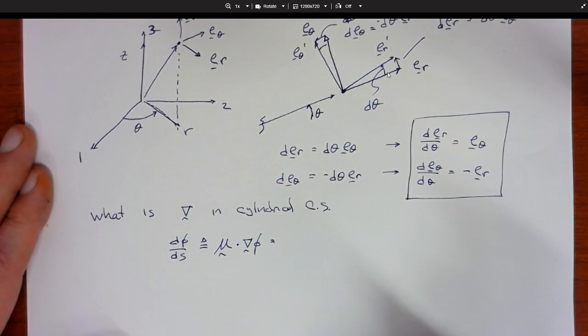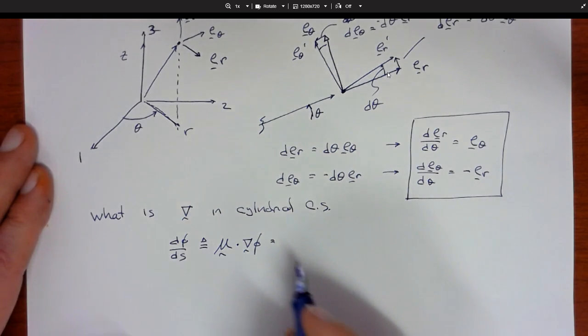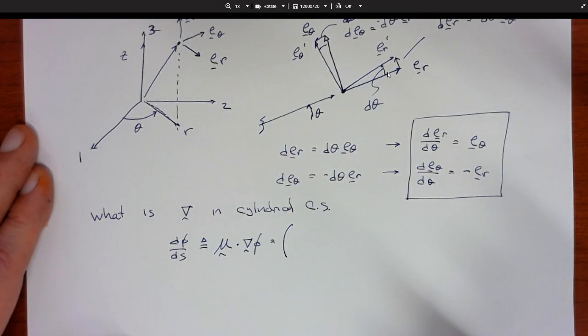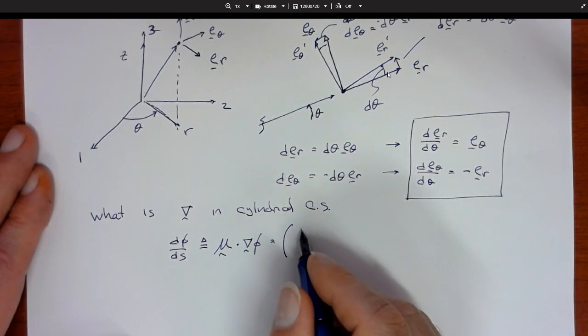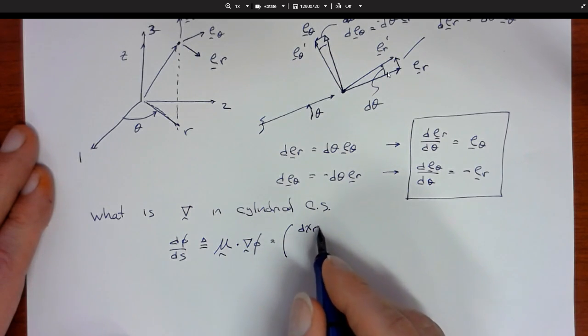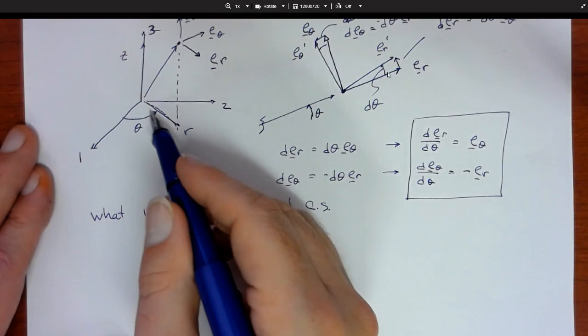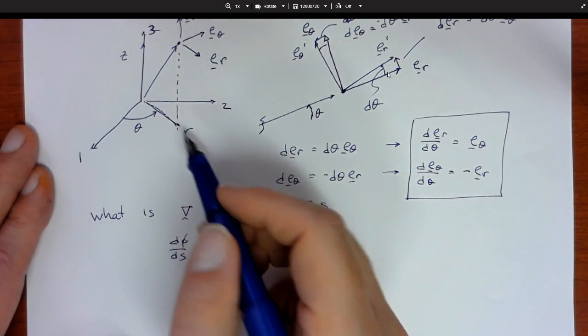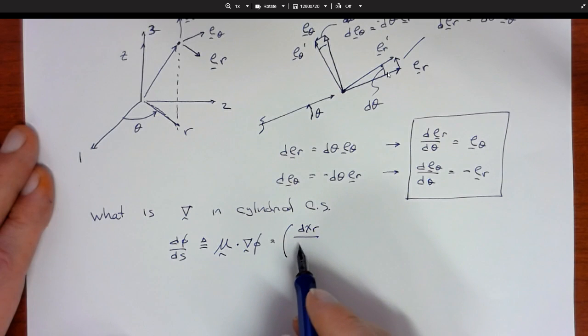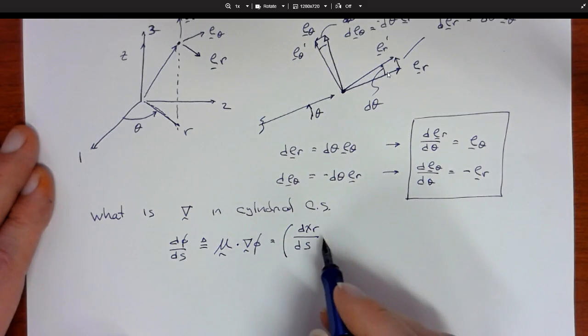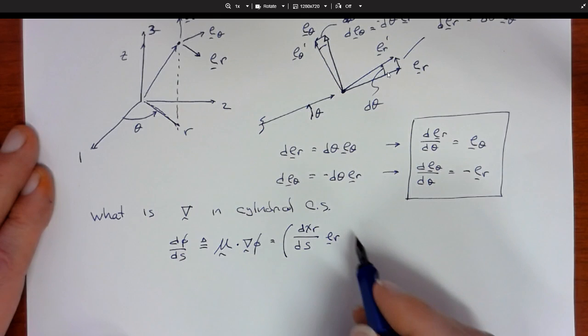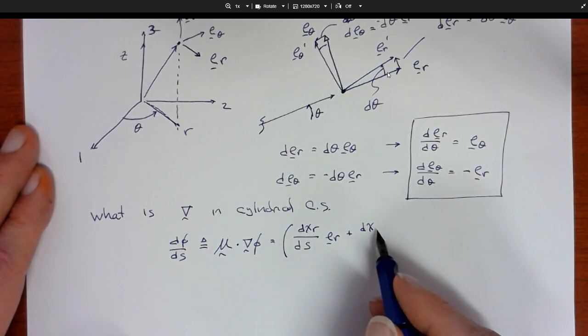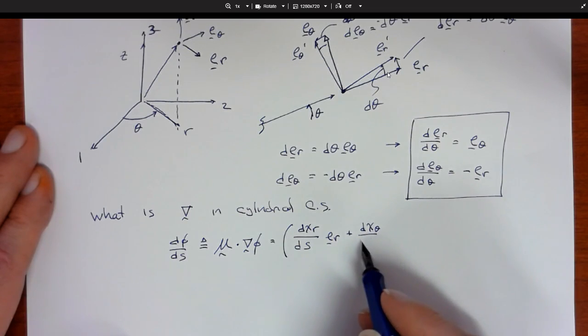So if we think about the unit vector mu, defined the same way as previously, this is going to be how much the measure in the radial direction, xr, changes with respect to s, in the er direction, plus how much it changes in the theta direction,